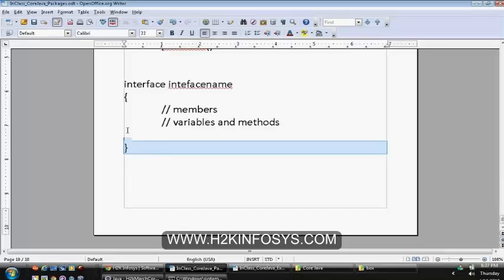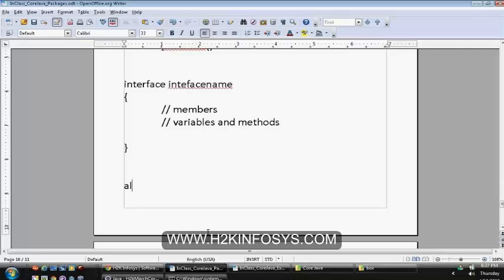When you specify that you are writing an interface but not a class, one thing to remember is that all your methods, whatever you write, are by default public and abstract methods.